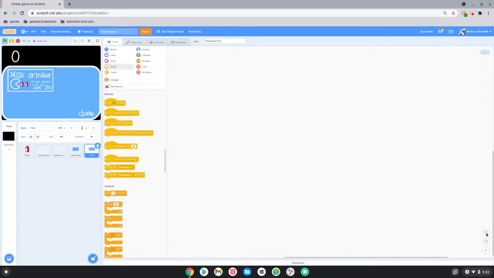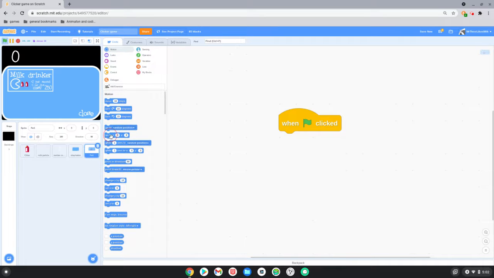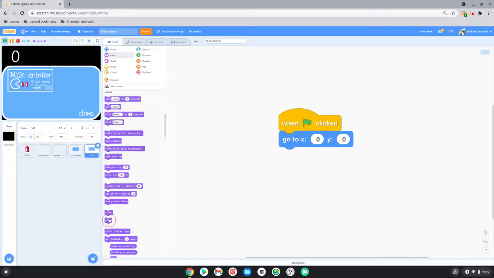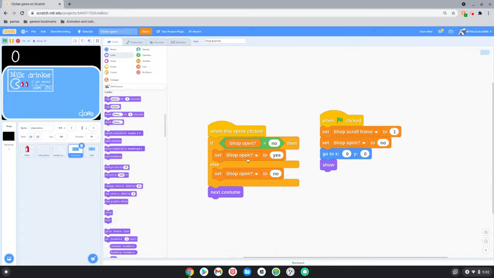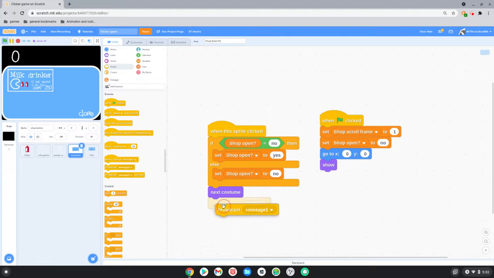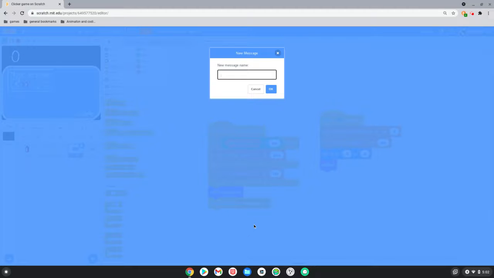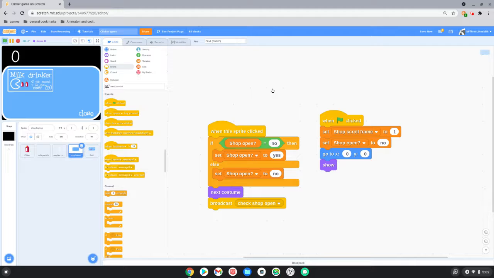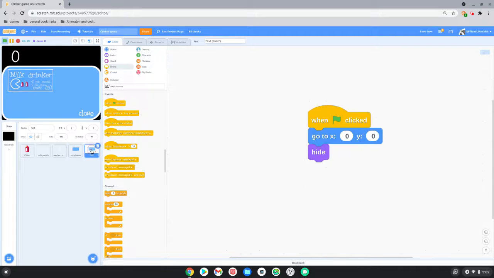fill in the code. When green flag clicked, go to X 0 Y 0, and hide. Oh yeah, I did forget to do something in the shop button. After all of its scripts, broadcast check shop open. There, and in the pet one, when it receives it,